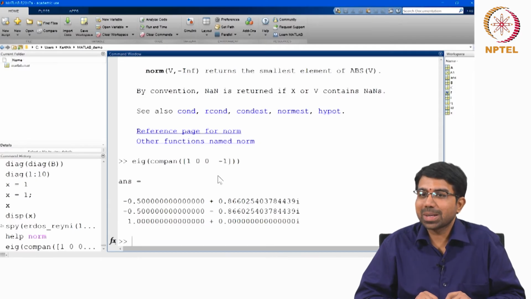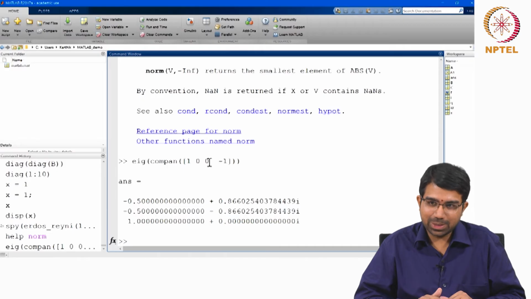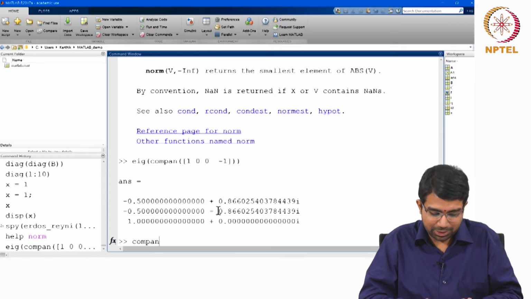Cube roots of unity, right? And this is basically done from the eigenvalues of the companion matrix of this polynomial. This is a polynomial x cube plus 0 x square plus 0 x minus 1 equals 0, and if you produce the companion matrix for that,